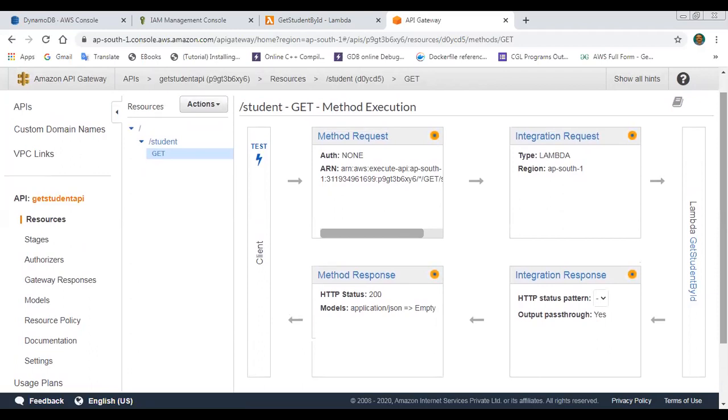To test the get method, the environment is again provided. To execute this particular environment, we require two settings: the first in method request and the second in integration request. Let us see the first, method request.